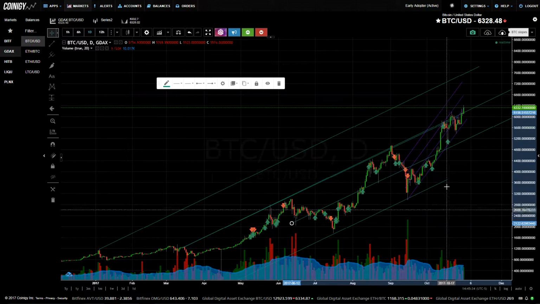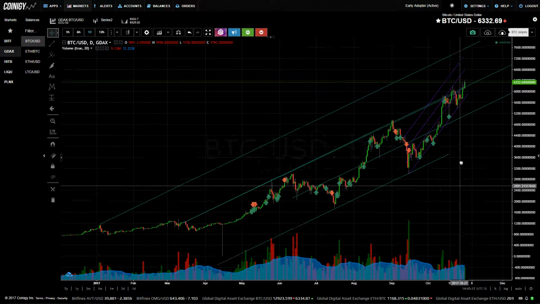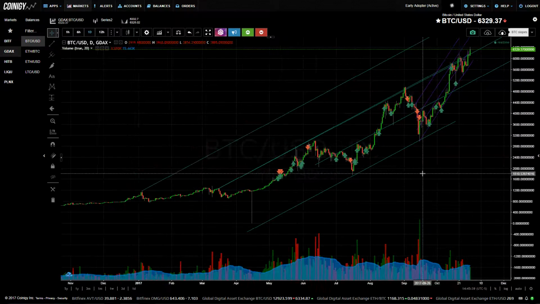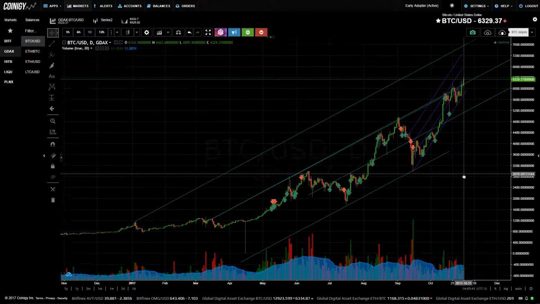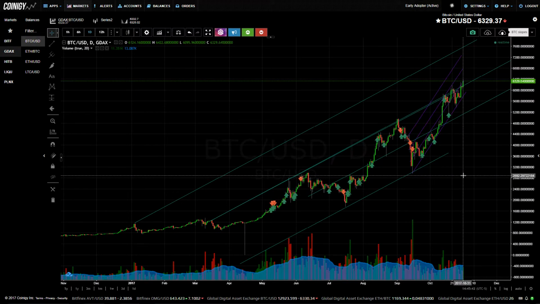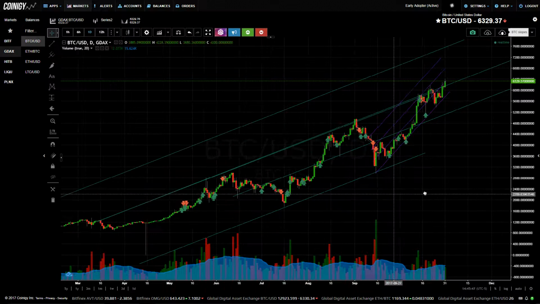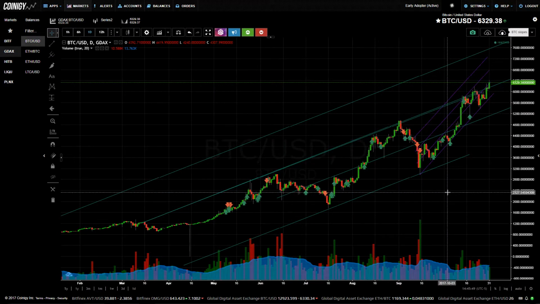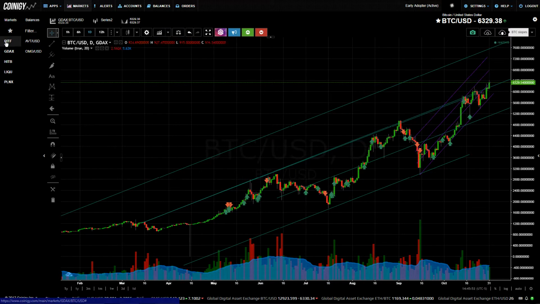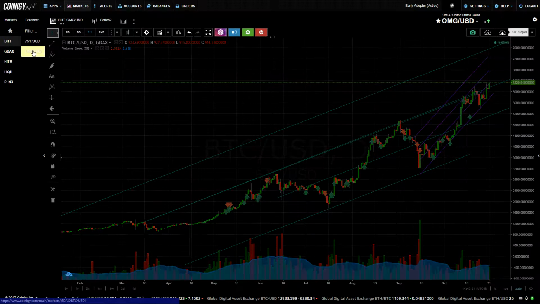Anyway, Coinigy's trend line, me being able to lay out trend lines, is not nearly as good as what I'm used to on TradeStation. So there we go. That's that one. I have to go to Bitfinex to find